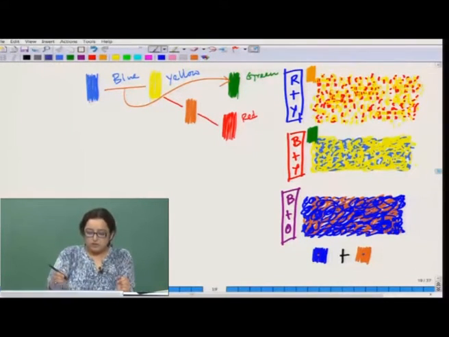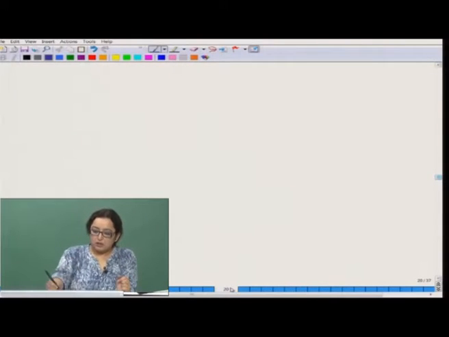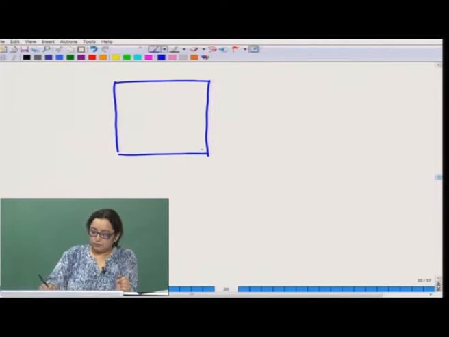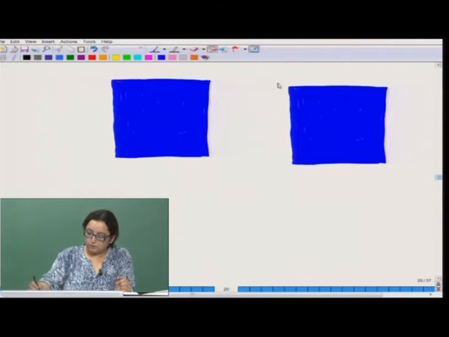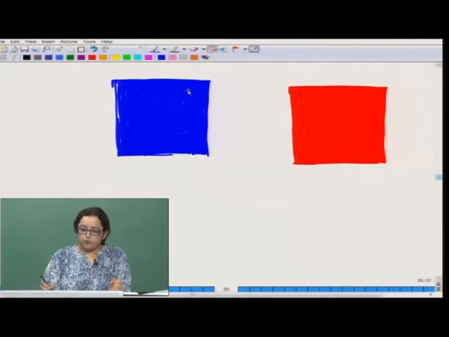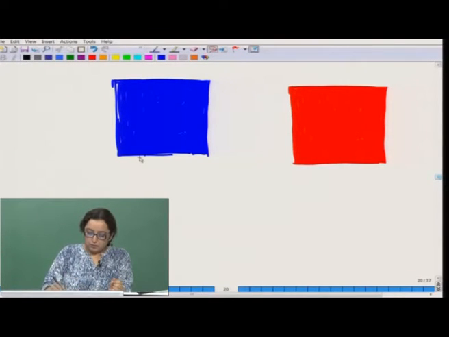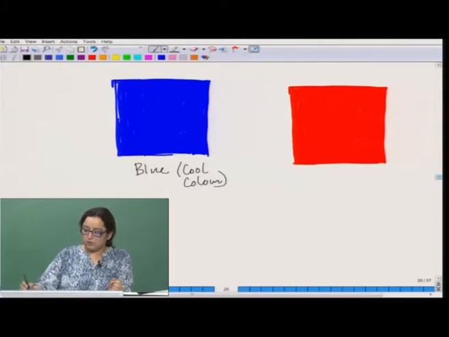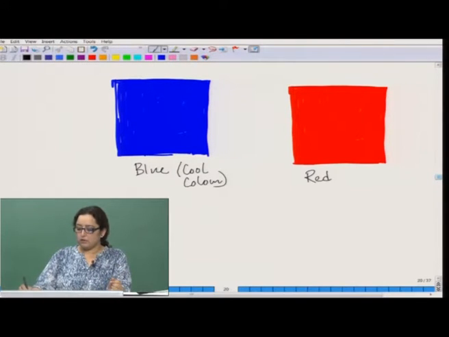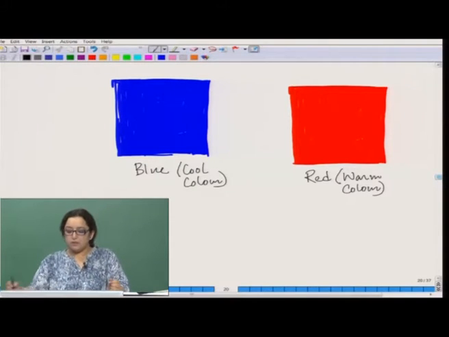If I show it in a different diagram, you will realize it better. If we have a blue, so this is one area of blue, which is a cool color, and this is the area of red, which is a warm color. Now, they are similar in size.